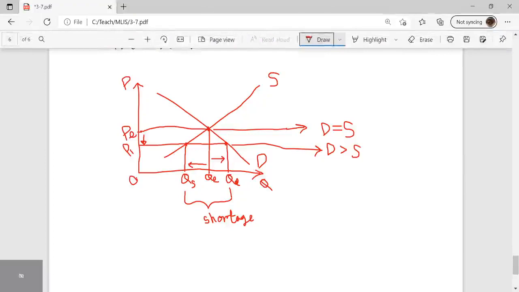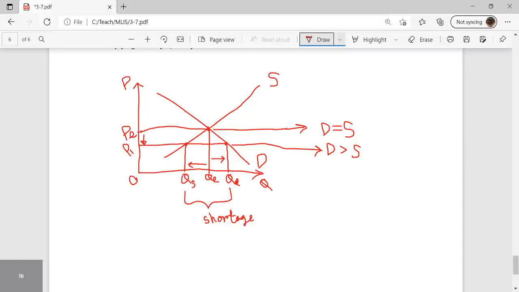So that's the shortage we're talking about. Okay, next, we have this shortage now. Now, what's the after effect? Okay, so there might be an after effect. We see that because of this shortage, what will happen? The customers will feel left out,